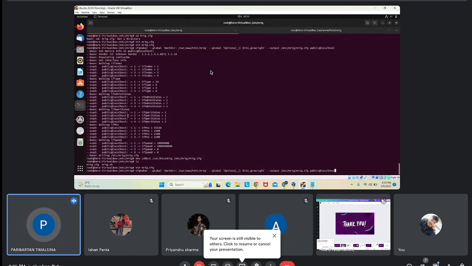The mrtg.cfg file will be created, and all this information will be written in it, like the target device we are monitoring, and all the devices that we want to monitor. And it is stored in cfg format. And after that, after typing the command,